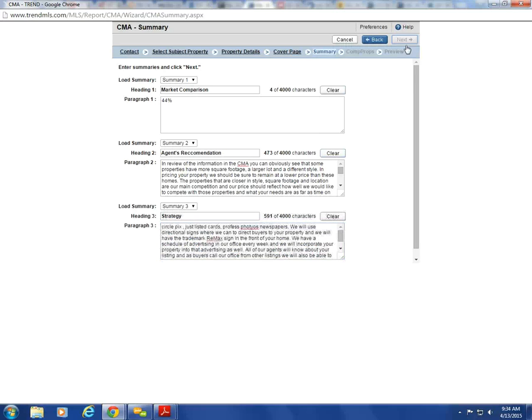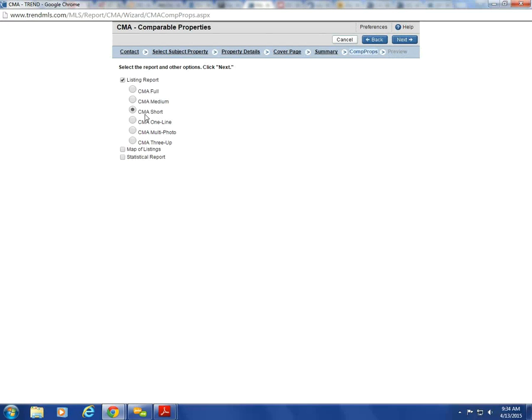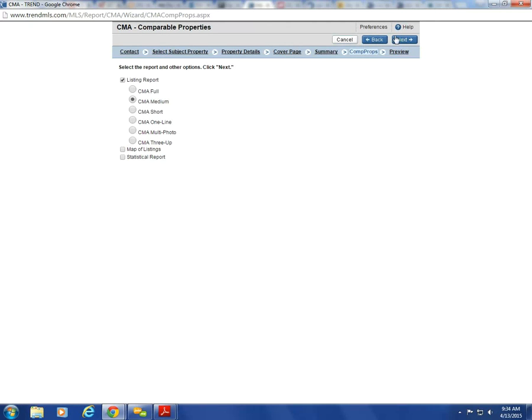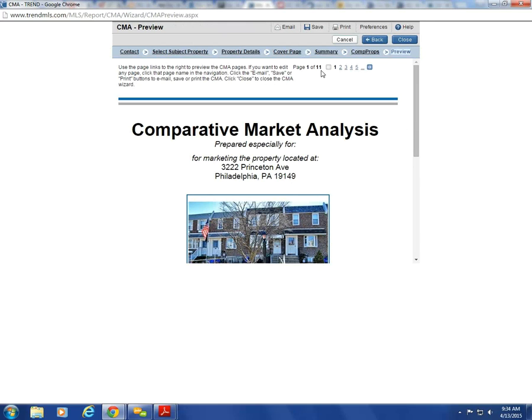Okay, now I would hit next, and I would do full CMA. Hit next again, and then here's my CMA. And look, there's 21 pages because there's a lot. Oh, wait, you know what? I wouldn't hit full. I hit medium. Let's cut down some pages. All right, we cut down 10 pages because of that. See that? All right, so it takes you through